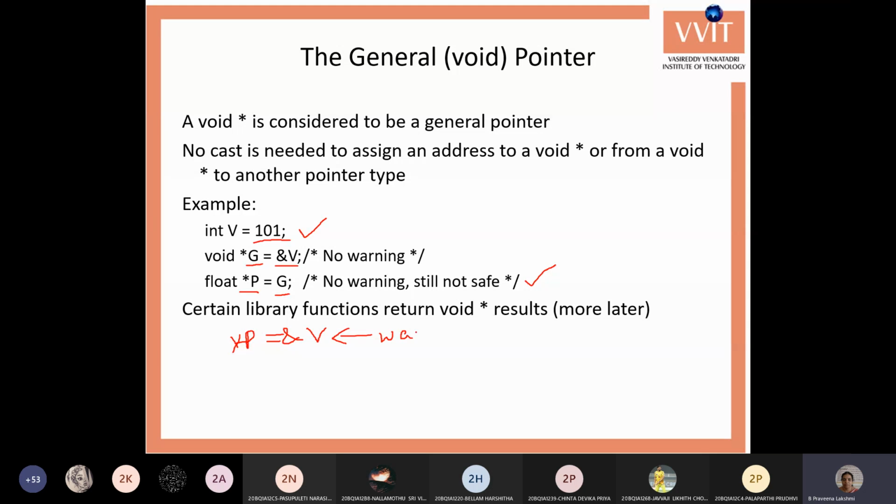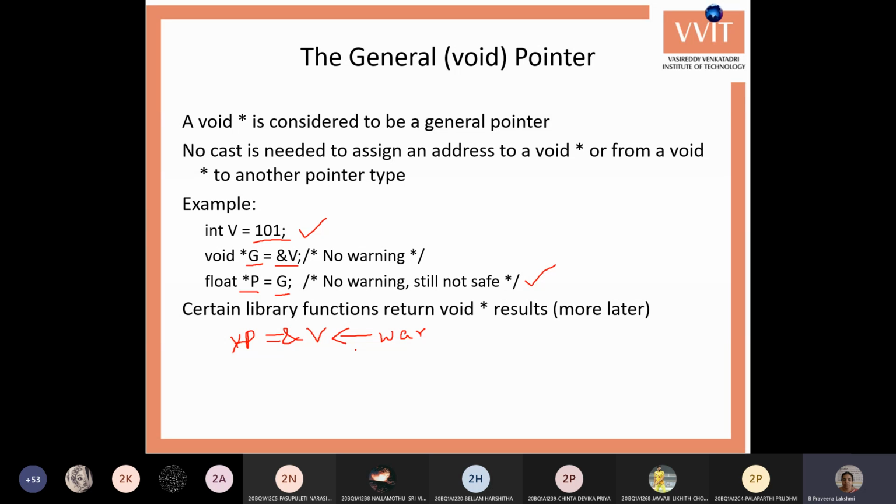We cannot store another type of variable's address in a float pointer. It shows a help message like typecast the address of v variable into float. But for the void pointer, it doesn't show any warning message. It stores the address of any variable in the void pointer.